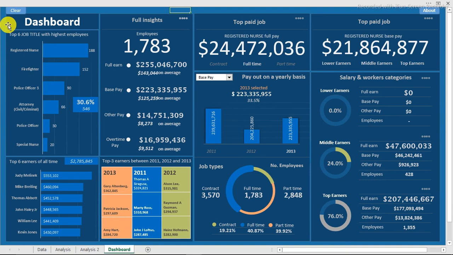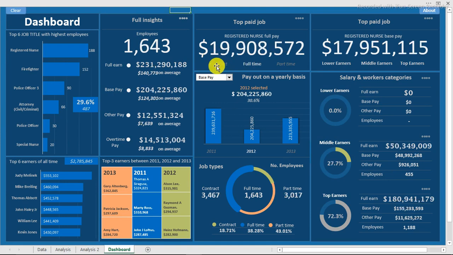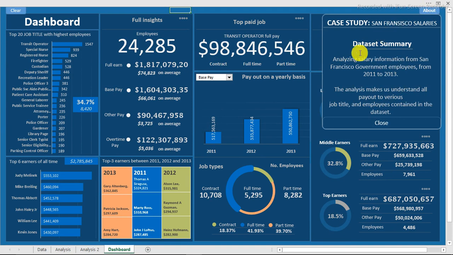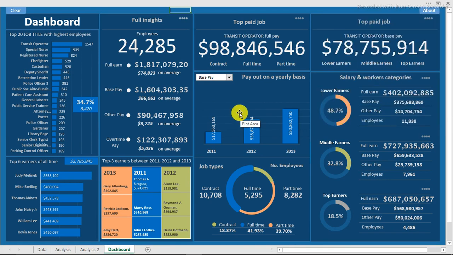Here we go. You have a filter that you can always click and clear, and the filters we have placed there work automatically. We have these filters that go into contract, full-time and part-time employees, and low earners, full earners and top earners. The dashboard is salary information of San Francisco government employees from 2011 to 2013 that you're trying to analyze, break down and tell a story